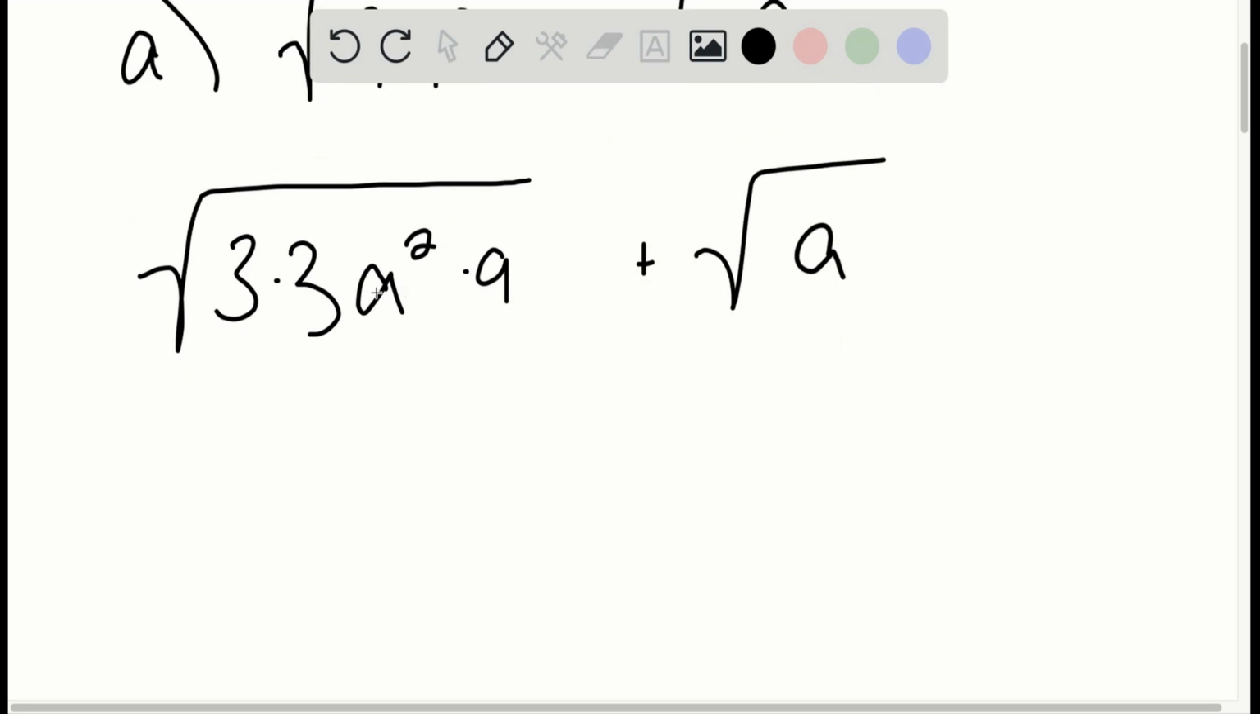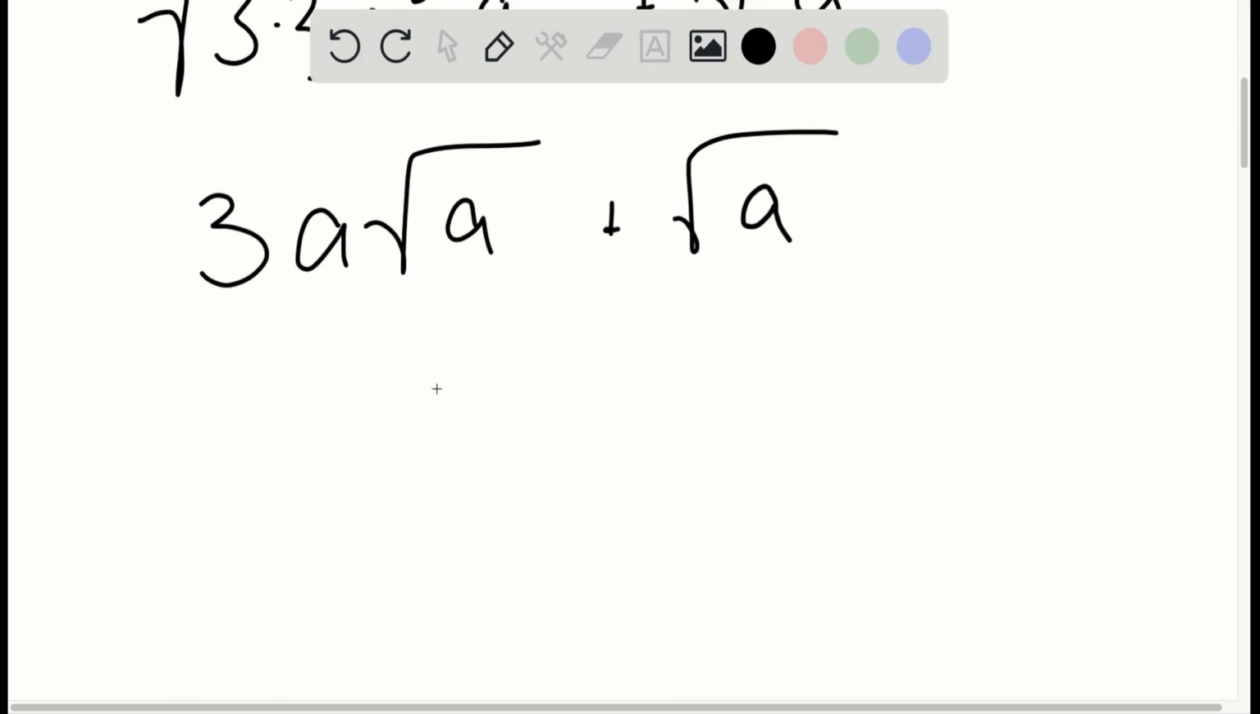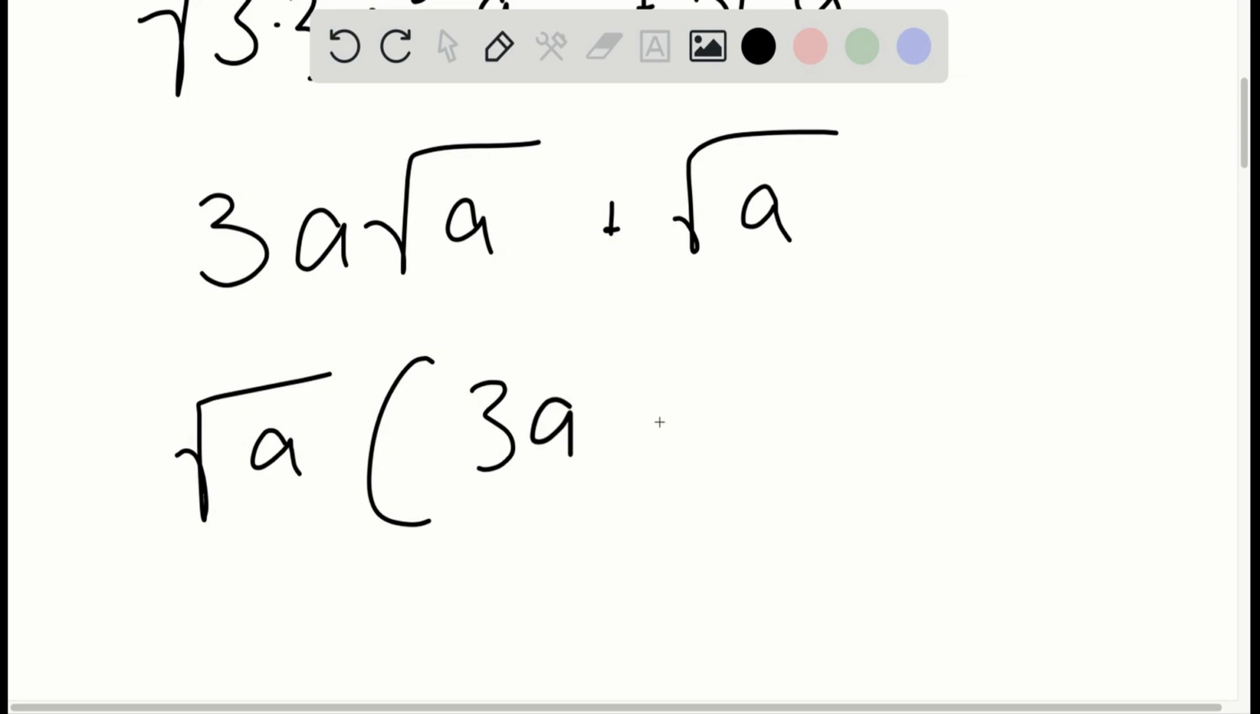So let's try to take out the 3 times 3 and the a squared out of the radical. So 3 times 3, the square root is just 3. A squared root is just a. So we got 3a square root of a, and now we've got plus square root of a. So what we're going to get is, if we factor our square root of a out, we get square root of a times 3a plus